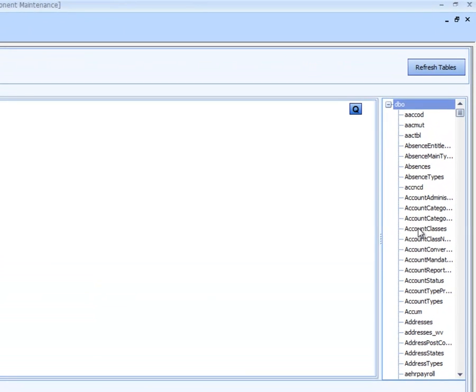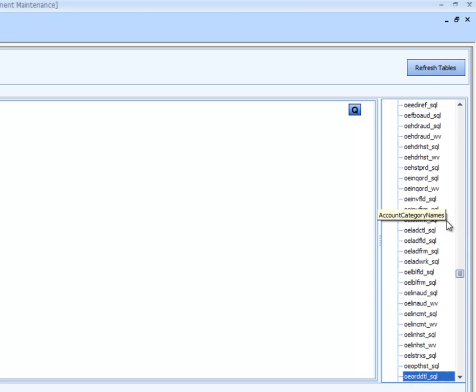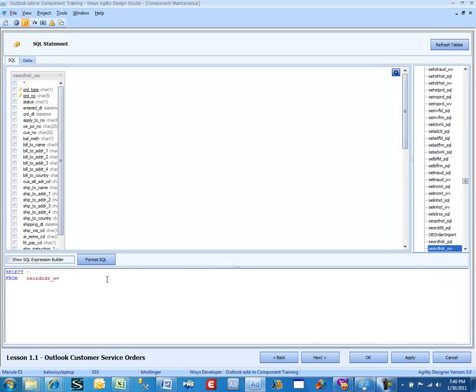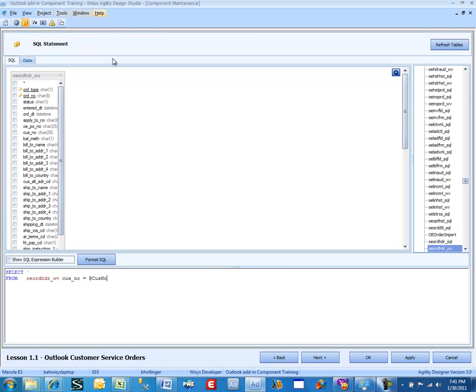So we're going to start here with OE word header. Just select that table. This is very simple. The only thing that you need to do that's unique to Outlook views is they have to be pointing to a customer number. It's a little particular, and that's defined as an @ variable. So it would look like